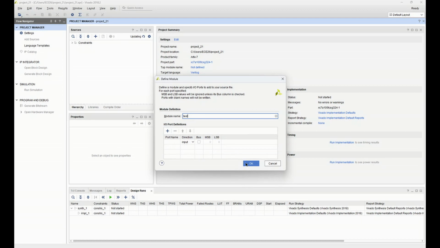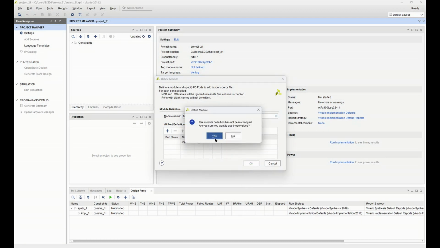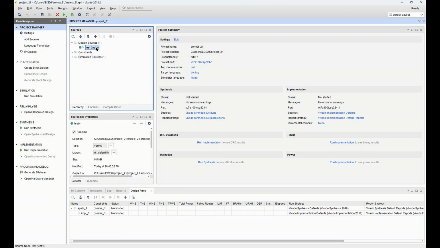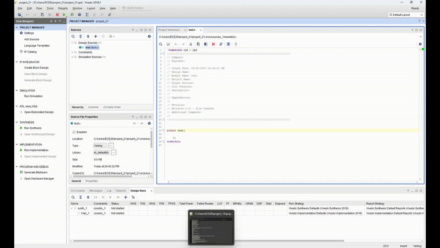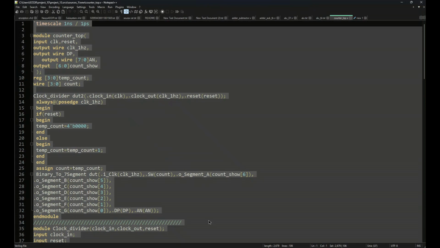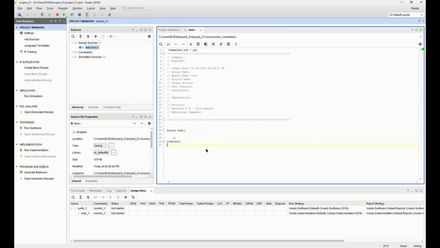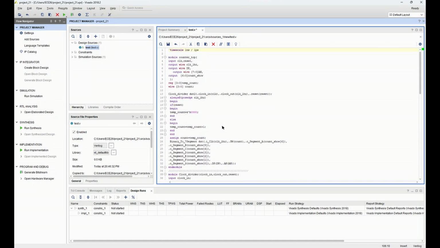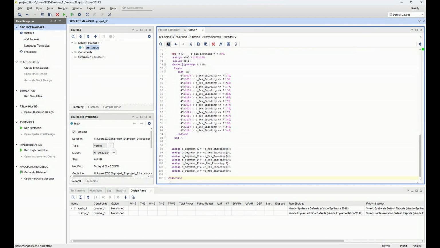No need to give any input output ports. I am now just pasting my previous code. So this is my previous code. I have explained it in my earlier videos. Please check it. Save it. So for block level design, now go to